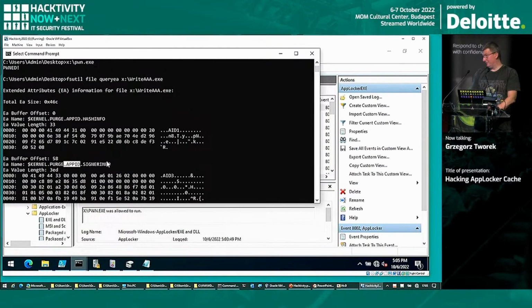AID3 and the signer info gives us a hint. If the file is digitally signed, the information about the signer is cached exactly the same way. So a very common rule we have in our AppLocker deployments: let's allow everything if it's from Microsoft. Again, if you are able to plant such an NTFS extended attribute on a non-Microsoft file, it will be allowed to run because AppLocker allows us to run everything